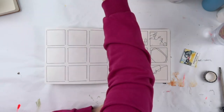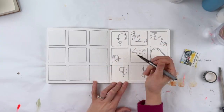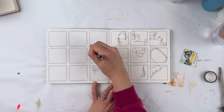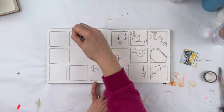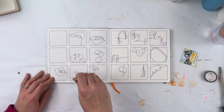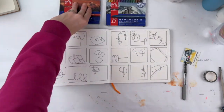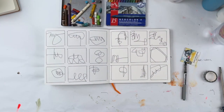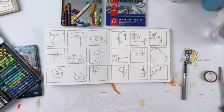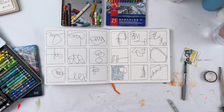So I started off using my pen, and I use Uniball pens. I've been using them, gosh, probably for 20 years at this point. So I really like them. They are supposedly waterproof after they set. It does take a little bit of time for them to set. So if you're writing a letter or a card, you have to wait before you close the card up. Otherwise, it will mark on the other side. I learn that every time I send a card, which luckily isn't very often. I'm generally terrible with cards. However,